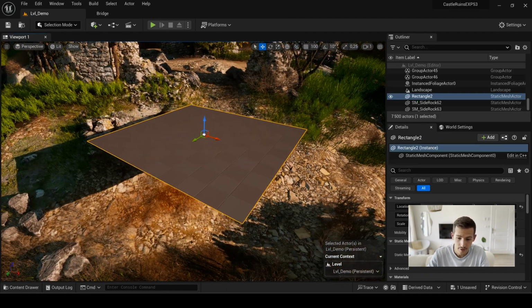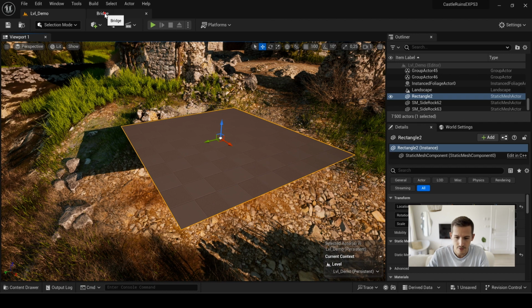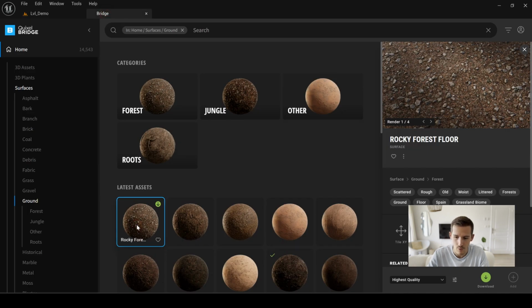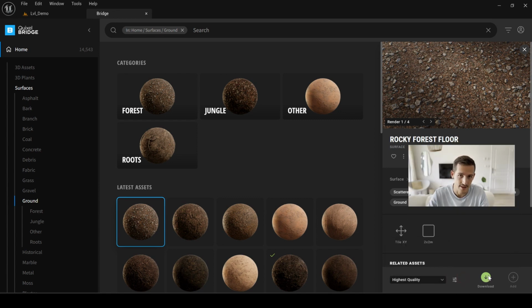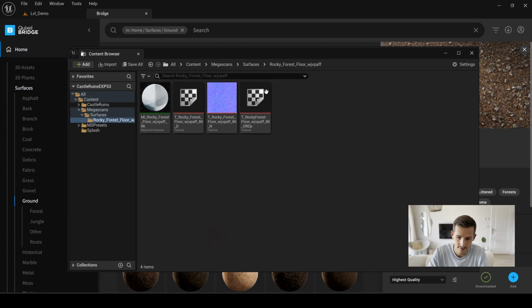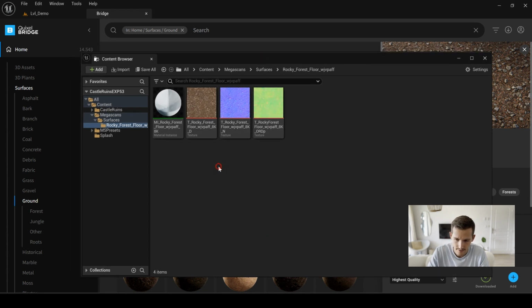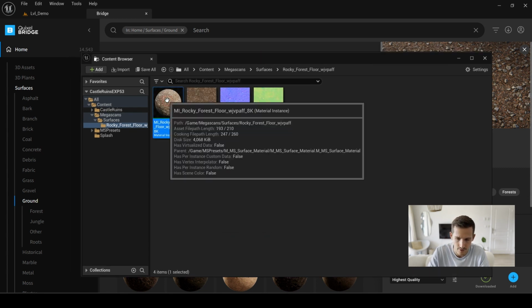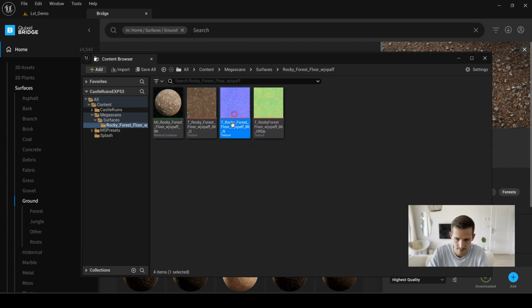Next, we're going to add a nice material using Bridge. Here, I picked the Rocky Forest Floor and downloaded it using the highest quality settings. After it's downloaded and added to your project, if you take a look at it, as usual, you get one material instance and three textures: the color map, the normal map, and the ORDP.